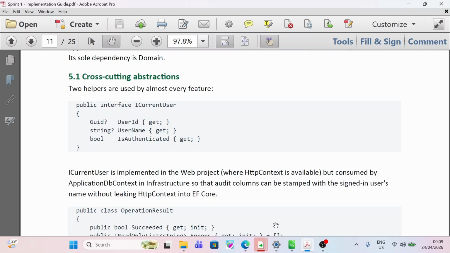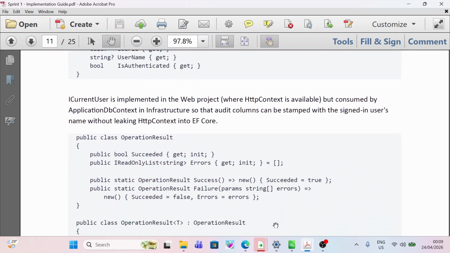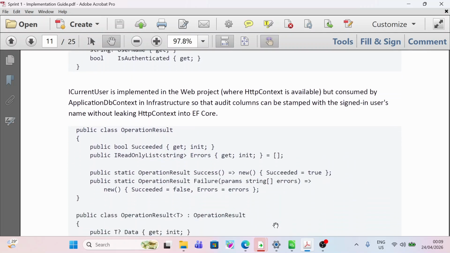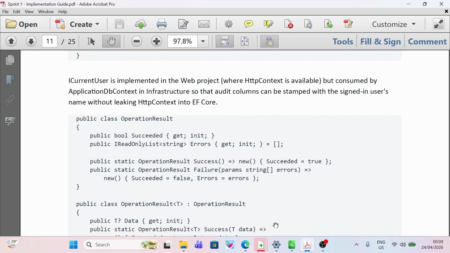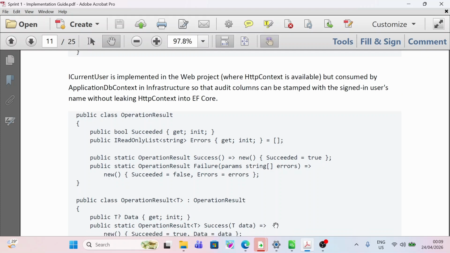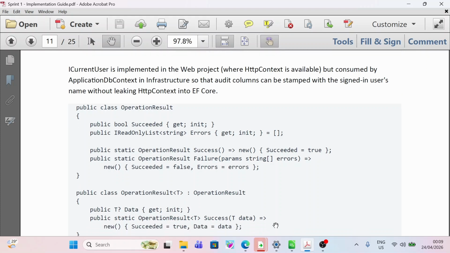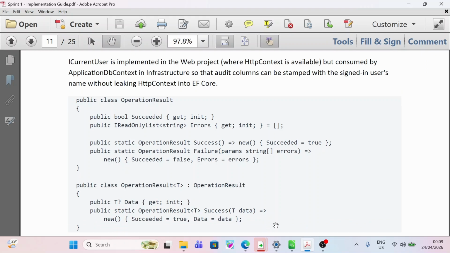public class OperationResult. public bool Succeeded { get; init; } public IReadOnlyList<string> Errors { get; init; } = ...; public static OperationResult Success() => new() { Succeeded = true }; public static OperationResult Failure(params string[] errors) => new() { Succeeded = false, Errors = errors };